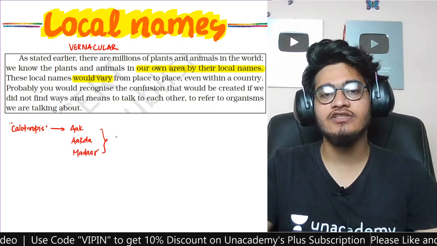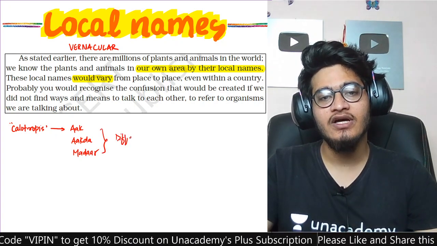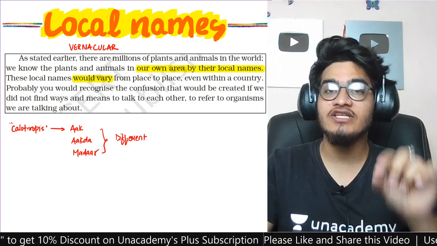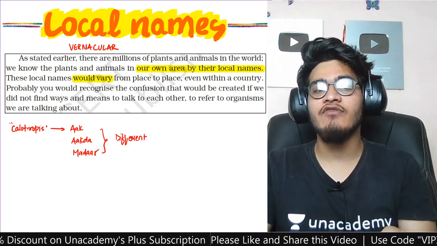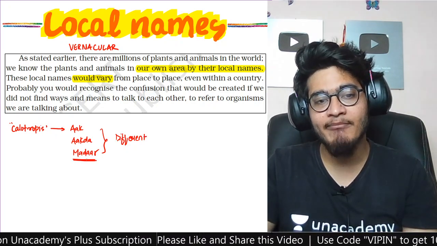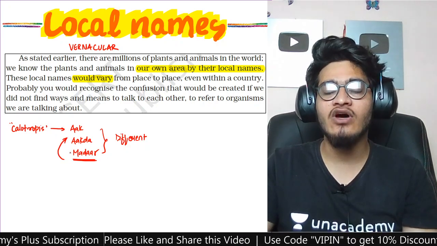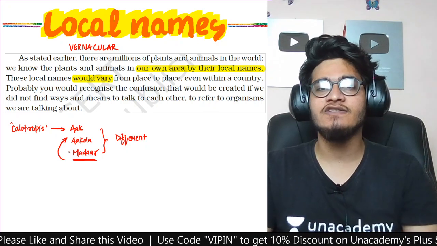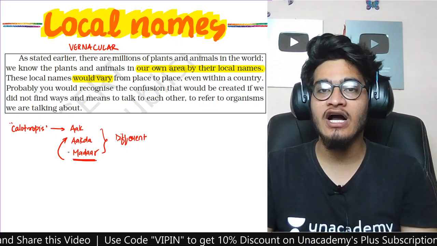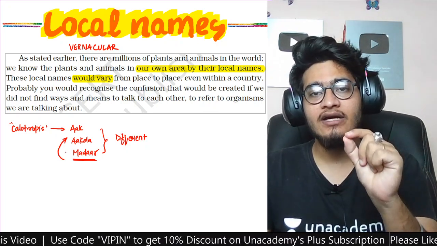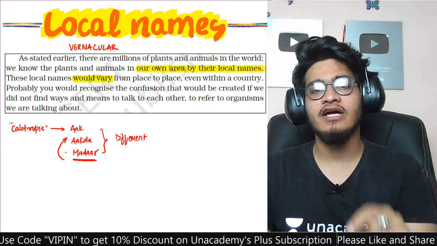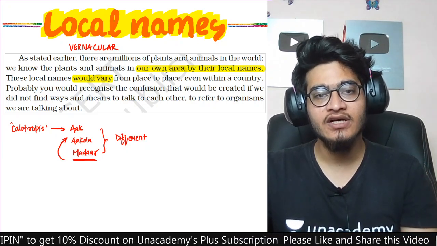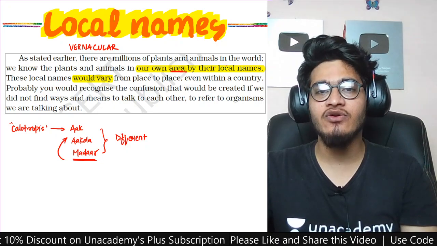So the calotropis is known by different names in different regions of the same country. So it will create confusion. Let's say a person from MP is coming to Haryana and is asking where I will find a madar tree. We will not be able to answer that because we know that it is called Aak in Haryana. So it becomes very important to standardize the name, because in our specific areas we know different kinds of things